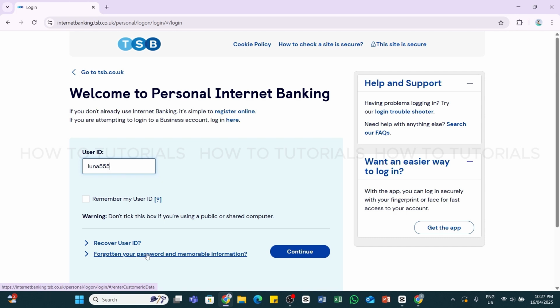Also, if you haven't registered for online banking or TSB credit card account, you will need to set up your account first in order to proceed further. If that's the case, then you will need to click on this register online link right here and then fill in the details. So by following these steps, you should be able to log in to your TSB Bank credit